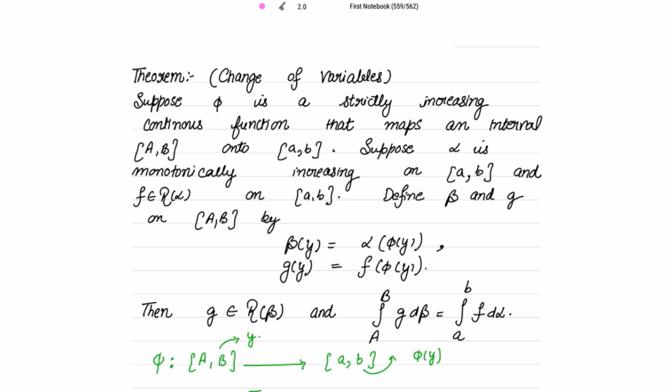Now what is given to us? We are given one function phi which is strictly increasing and continuous, which is mapping on this closed interval capital AB to closed interval small ab, right? Which means it is also an onto function. Now what is the meaning of an onto function? That is, every element of the function's codomain. This is codomain